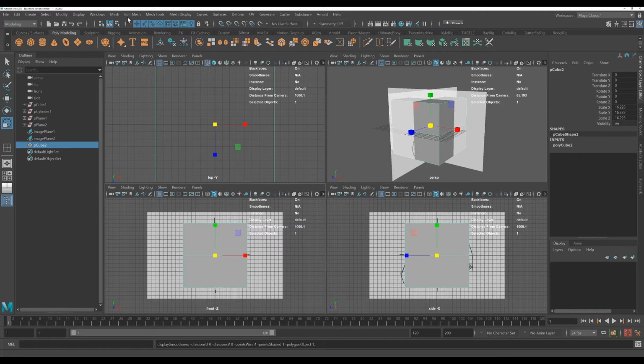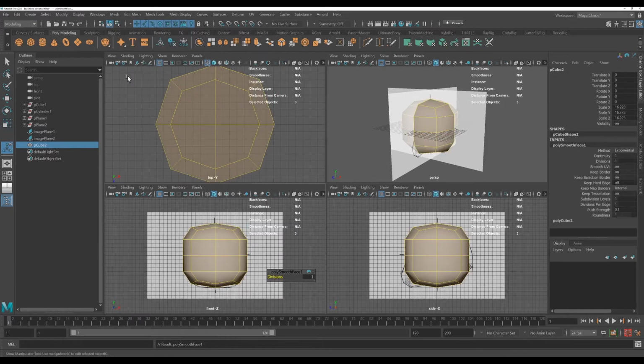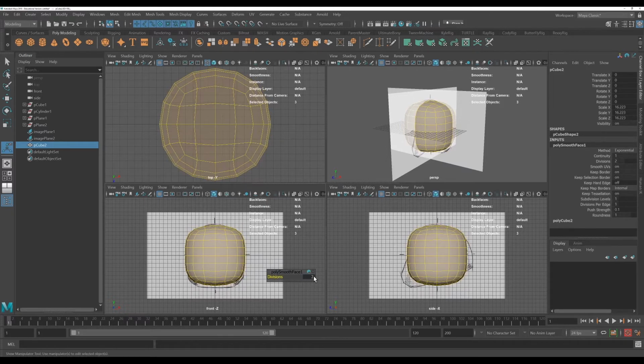Now, in this case, I want the geometry that I can actually work with. So I'm going to go up to Mesh and use the actual smooth option, which will give me new geometry as it smooths down. Now, the level of smoothing it does is based on this divisions. So I want to switch this over, in this case, just to 2. And you'll see this gives me a decent amount of geometry to work with,